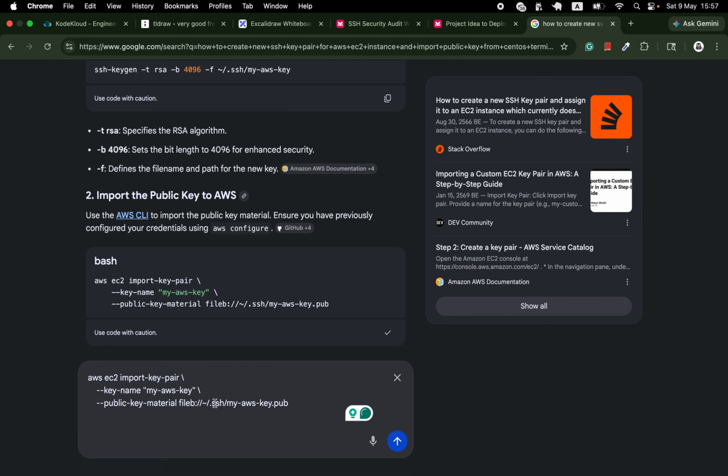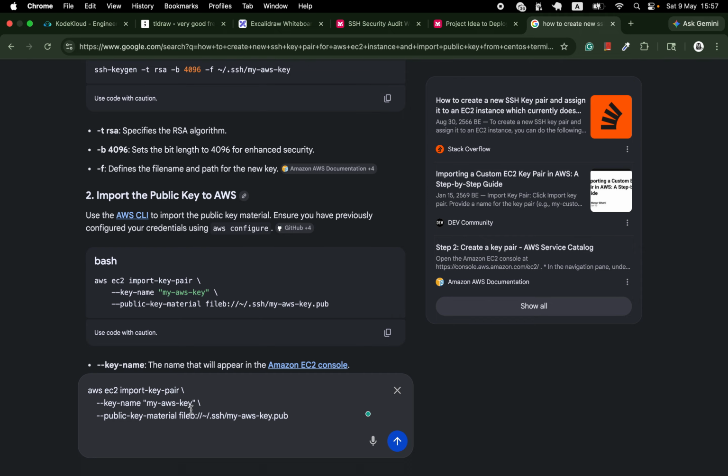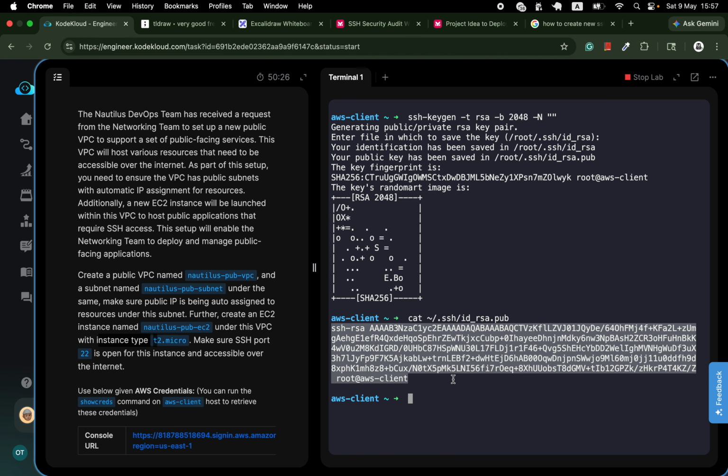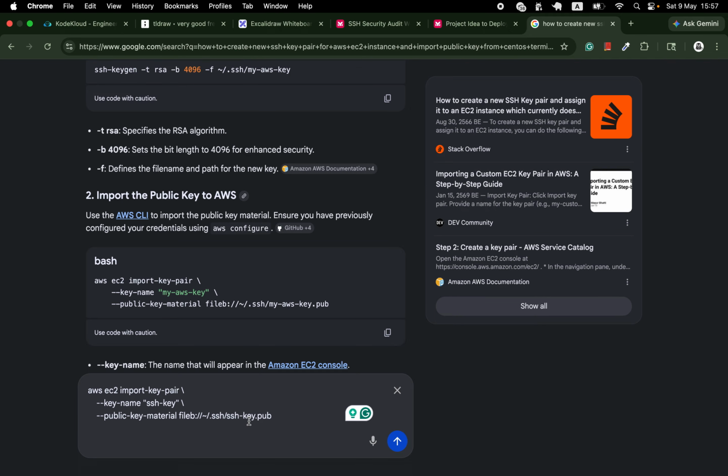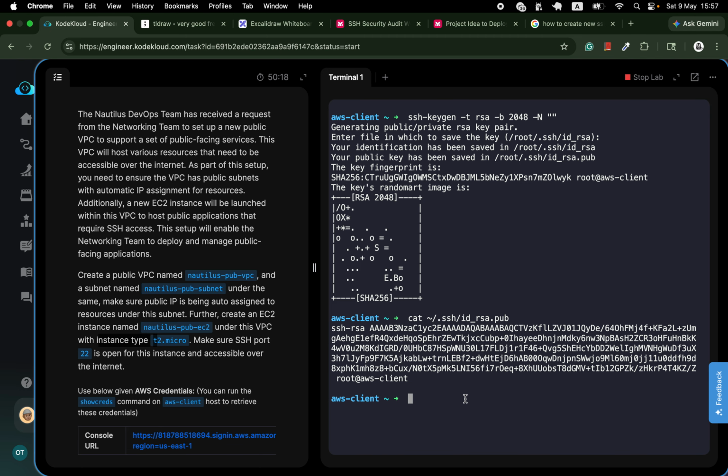So I will run this command. I will give the key name as SSH key, and here also I will give the public key SSH key. Now I will import that key. Oh sorry, this is not correct. We have to give the file name, because you already know the SSH folder. Within the SSH folder we have